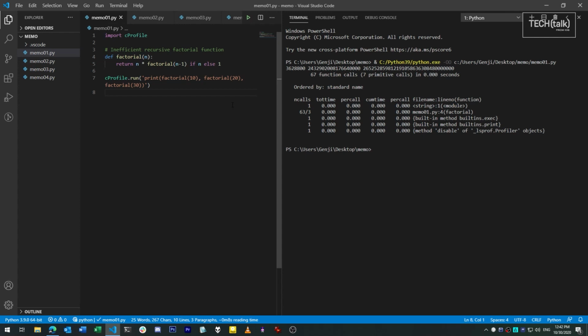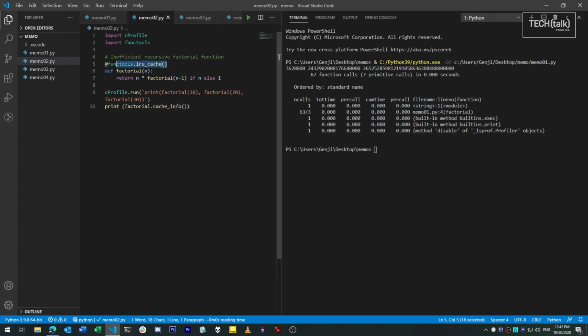Now when we run the function, we see there are a fair number of calls to the function's execution. We don't even need the output from Python's profiler to see that, but I can give you some example output from the profiler anyway, just so you can see that the function is being called and how many times. Now let's decorate this function with lru_cache. What this does is it caches a certain number of results from the function. By default it's 128, with the least recently used ones being expunged automatically from the cache.